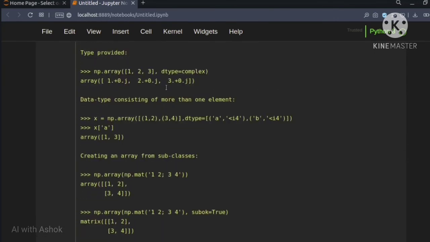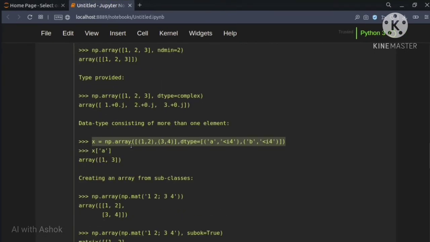So this is the type provider, and next, okay, our next example is a data type consisting of more than one element. So a is a data type, we are going to name the data types. Here there are 2 data types present in this NumPy array. So a is a data type and b is a data type.